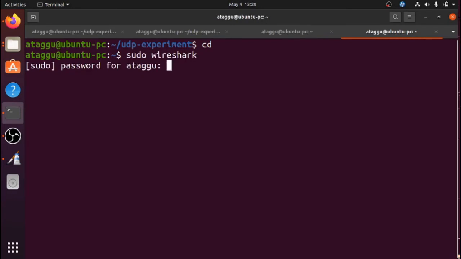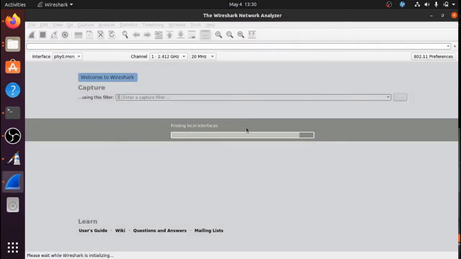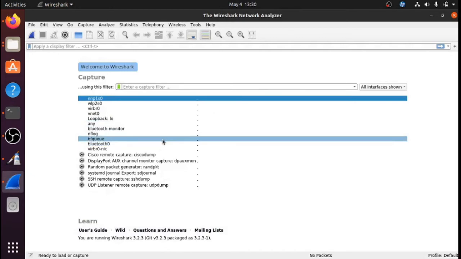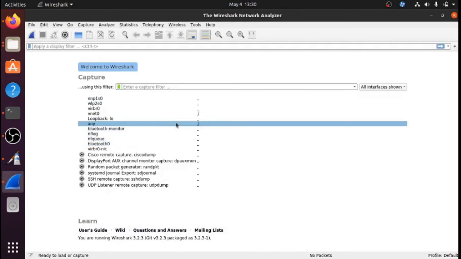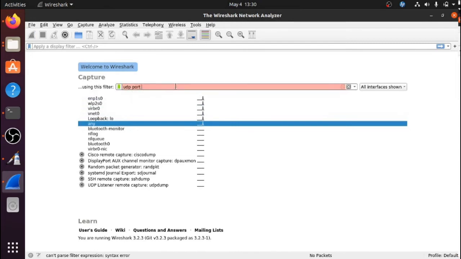Okay. And how do we run the Wireshark thing? First, the interface that we are choosing is any, just to make sure that everything we capture is okay. Then for the capture filter, we are saying UDP port 7. Why UDP? Because we are interested in UDP now. And why port 7? Because port 7 stands for the echo protocol. So that's why we are interested in UDP port 7.